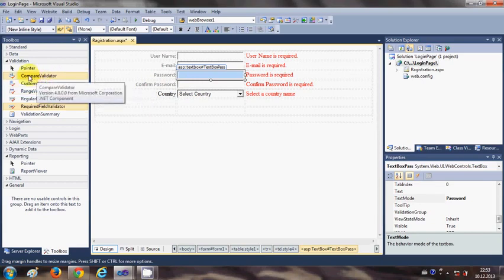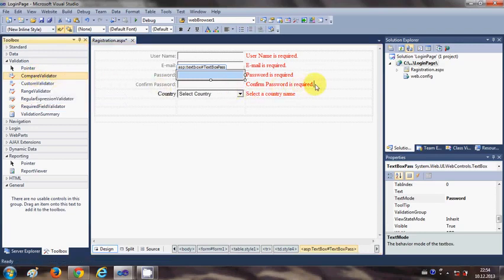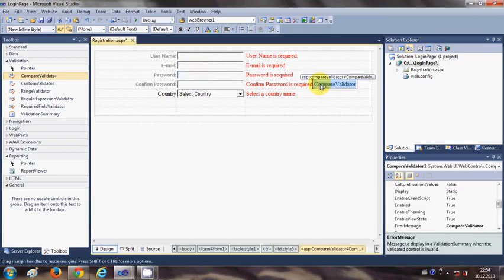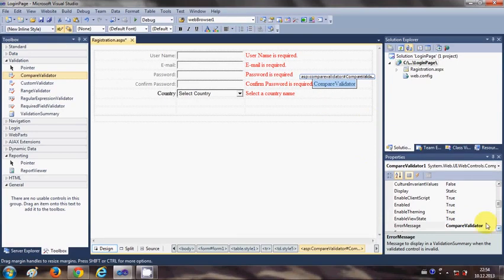There is a validator for this also, which is the compare validator. Just choose this compare validator and drag and drop in this cell where you have confirm password is required, and in here change the error message. So you can say